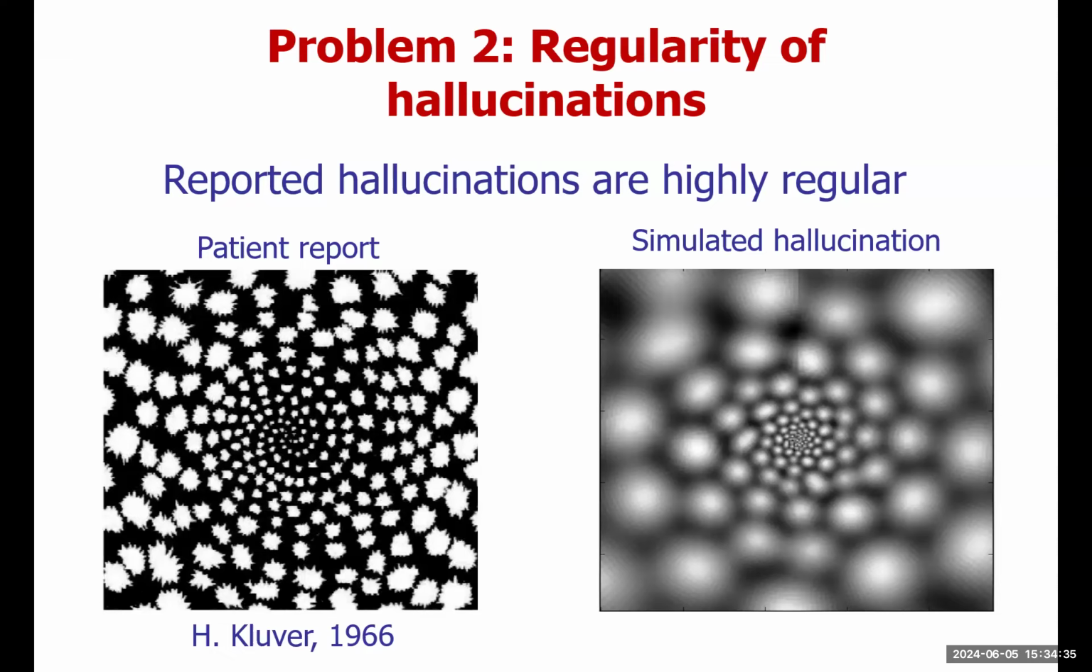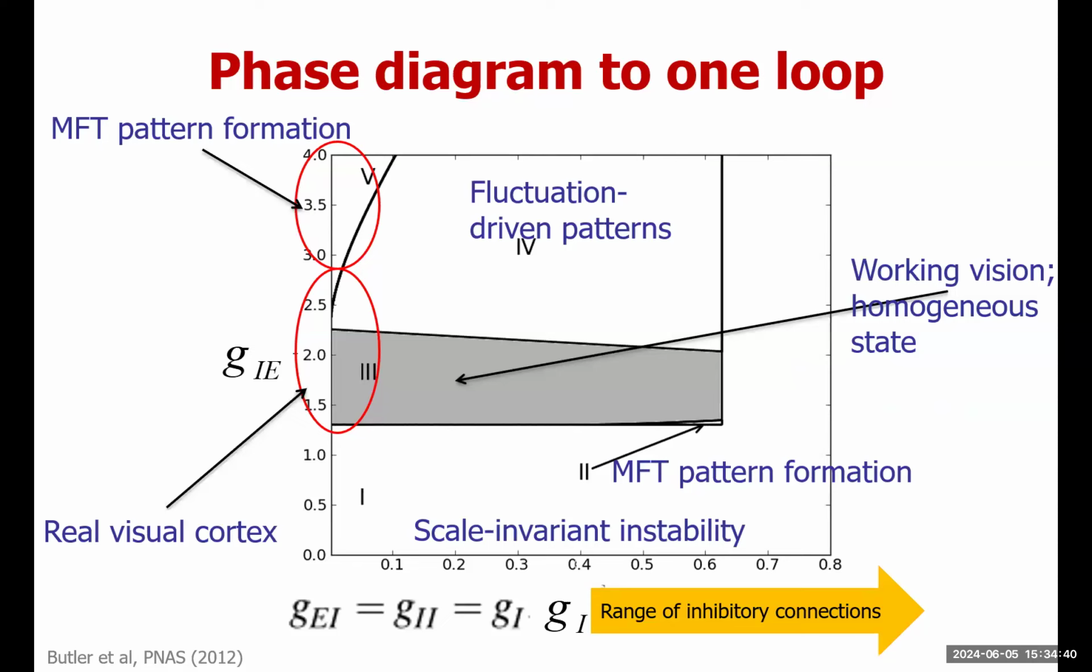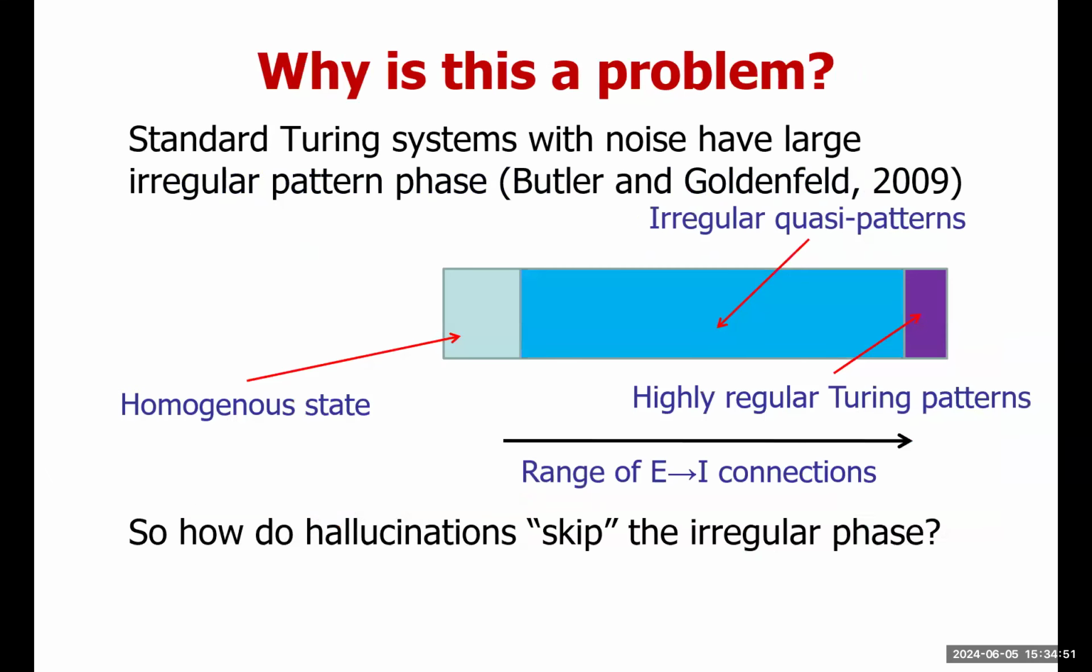So why is that? Well, if you look at the phase diagram over here, now we're restricted physiologically to this strip of the phase diagram. So let's have a look at what that strip looks like over here. This is the range of the connections. You can see you have a homogeneous state, then you have the irregular quasi-patterns, and then you have the highly irregular Turing patterns. So the question is, how do the hallucinations skip this irregular phase? You go from being able to see to seeing just a regular